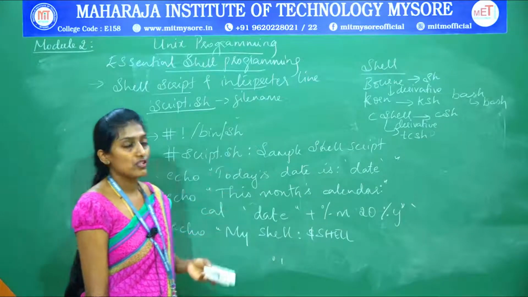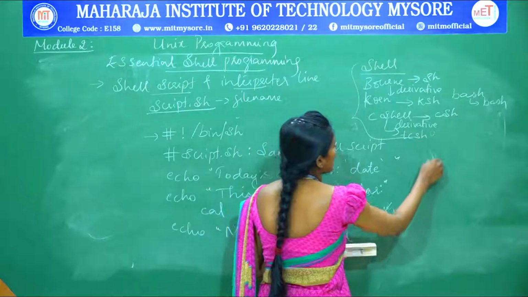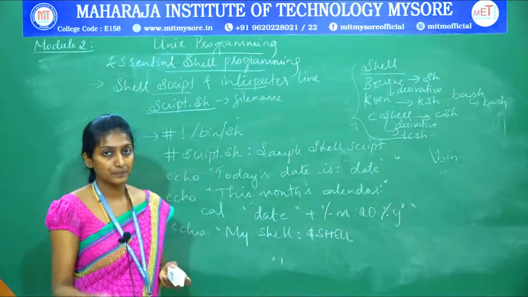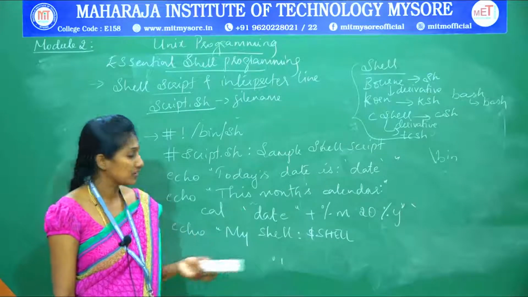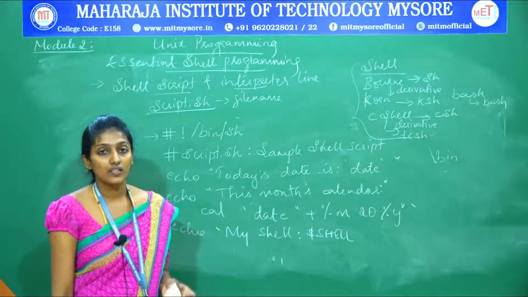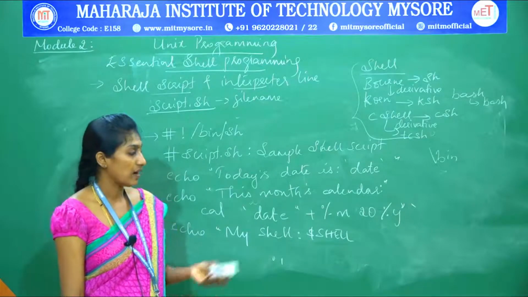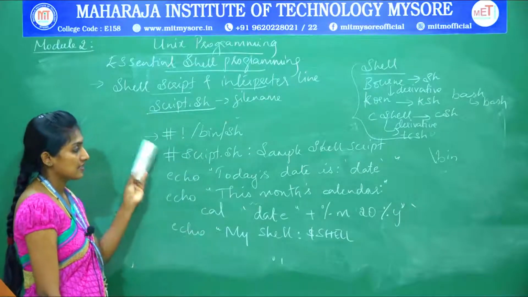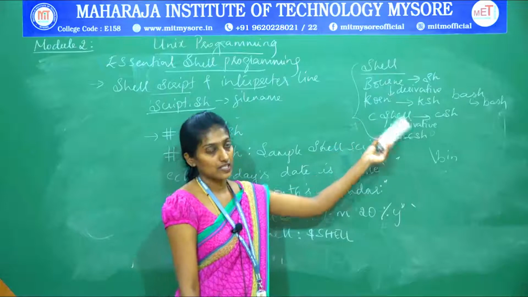All these have been stored under the path /bin. All these representatives of the shell are stored under this /bin. If the user wants to know which representative is working, you can just execute the shell variable $SHELL. This is one of the shell variables used for knowing which shell representative you are using to execute all your Unix commands. For knowing that, you can just use $SHELL. Now let me consider an example. This is about your shell offerings, the different representatives which can be used.